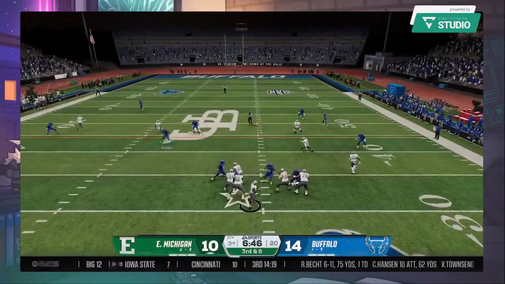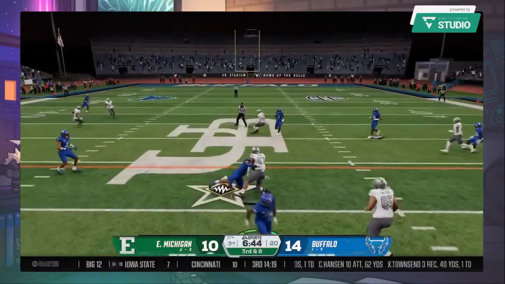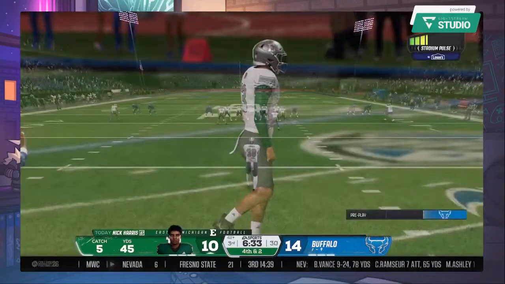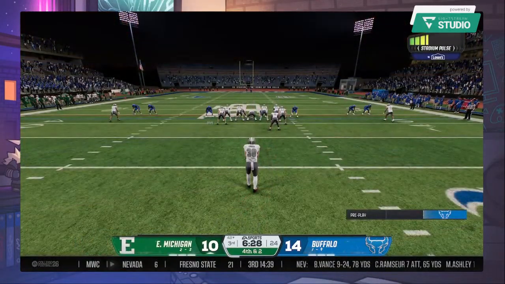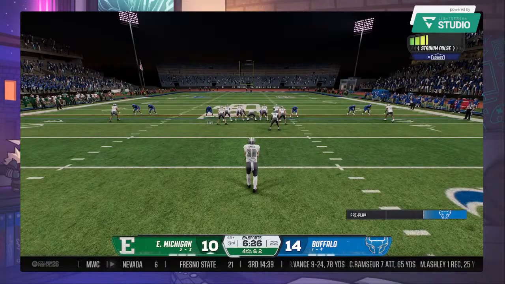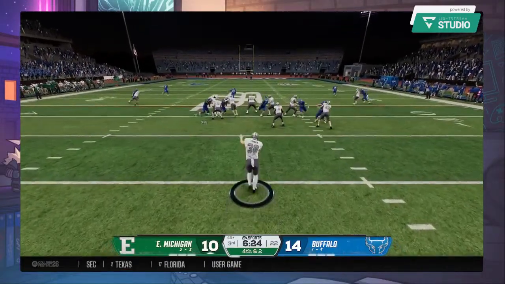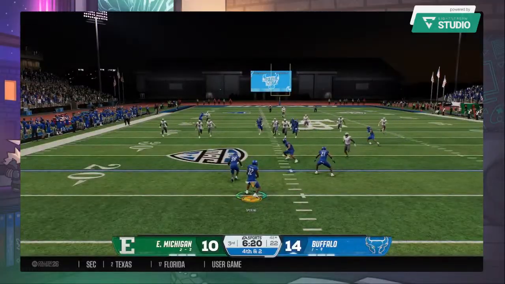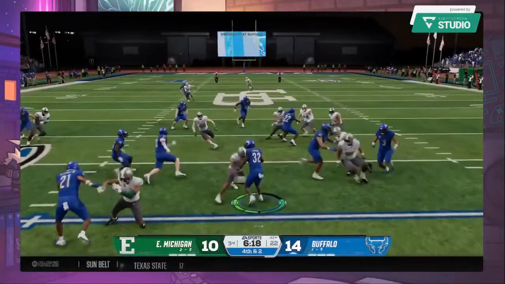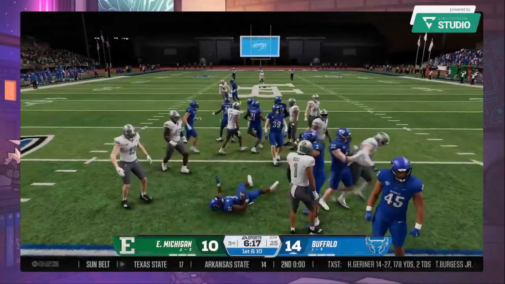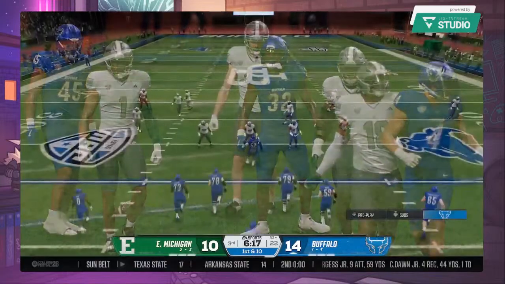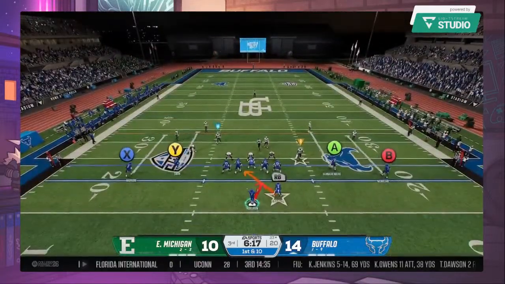Looking to throw, it's Kim. Finds his tight end. He'll be stopped about 2 yards short of a first down. Eastern Michigan will be forced to punt. They'll boot it away for the first time tonight. Catch is made at the 15. Couldn't get away from that cover team, and they've got him down at the 23. This drive opens up at the 23-yard line.